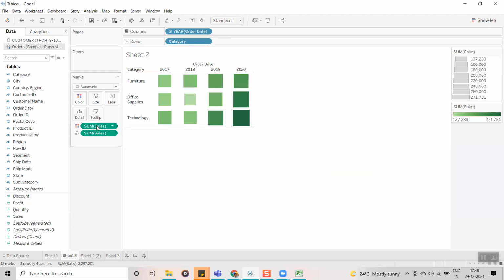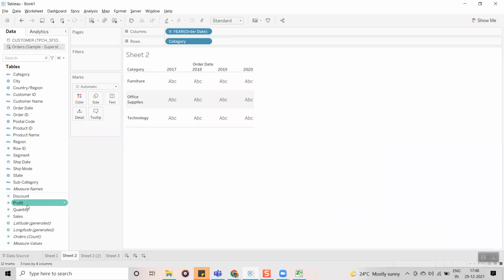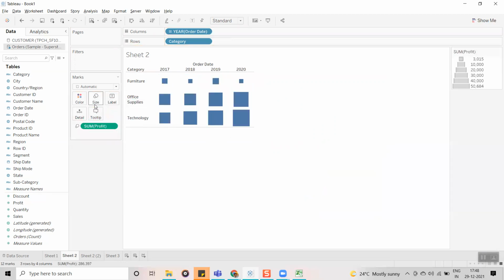If, for example, instead of sales I'm going to use profit, then I can. Now I am going to remove this one. Now I am going to drag the profit into size. First thing, now you can see. And after that, I am going to drag profit again into colors. Here also it started from 3000, right? So I want to get negative values. So I am going to drag the subcategory also into my visualization.